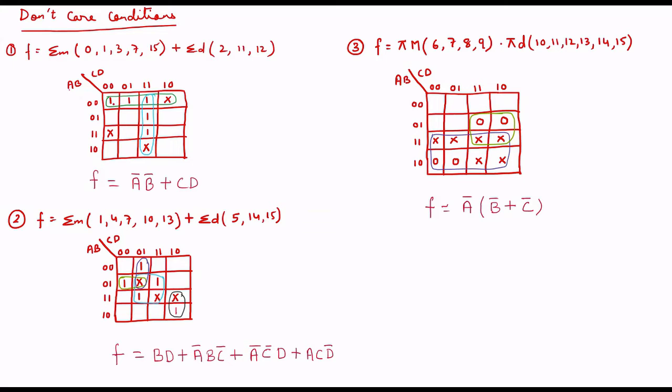Now over here you see I have 3 ones, but I cannot make an octet or a quad. But if I consider this don't care as a 1, I can make a quad. So I will consider this don't care as a 1 and form a quad. I hope you understood what the importance of don't care is. Then I have 2 ones left with me. With these 2 ones I can form a pair, but if I consider this don't care as a 1 and take help of this one, I can make a quad. So I made it a quad.